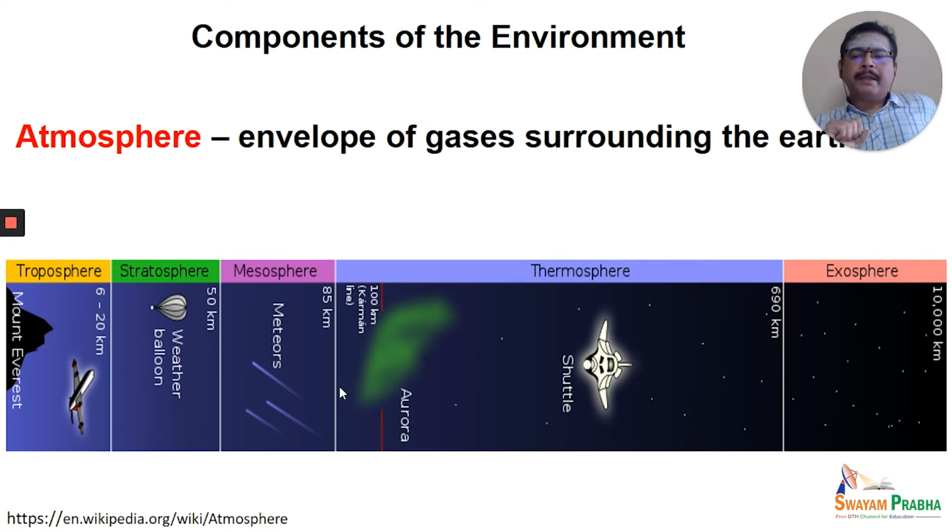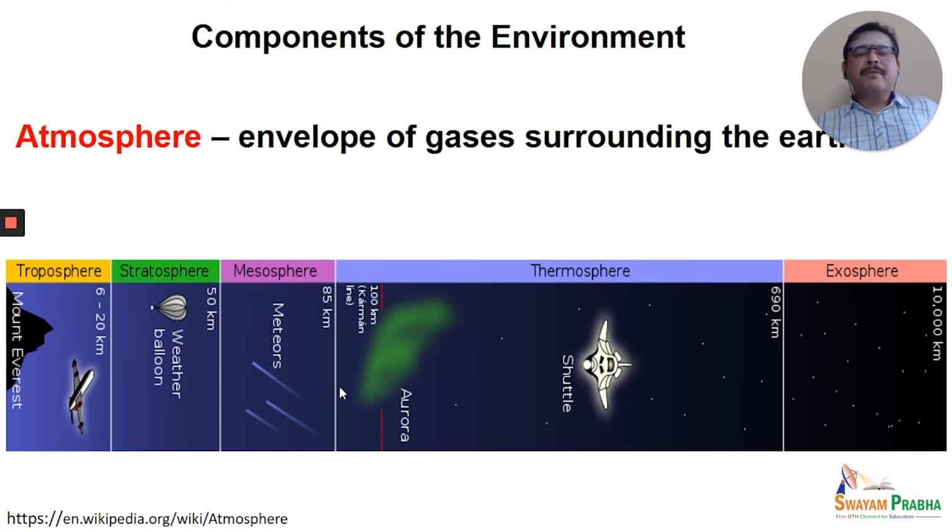The first component, atmosphere. What is atmosphere? If you ask, we just literally raise our head above and look up at the sky. And looking up at the sky is tied to very many social beliefs, and we believe that atmosphere is that particular region found in the sky. Now, technically, what is this atmosphere? If you look at the picture, it is an envelope of gases surrounding the Earth.